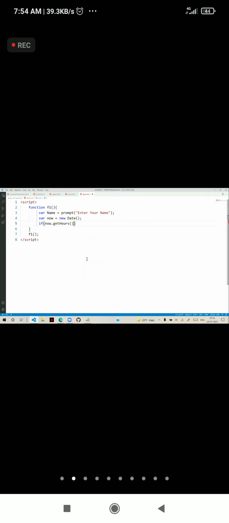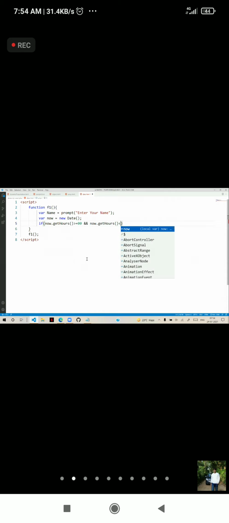Now.getHours is greater than or equal to 0, and double ampersand, now.getHours is less than or equal to 12.